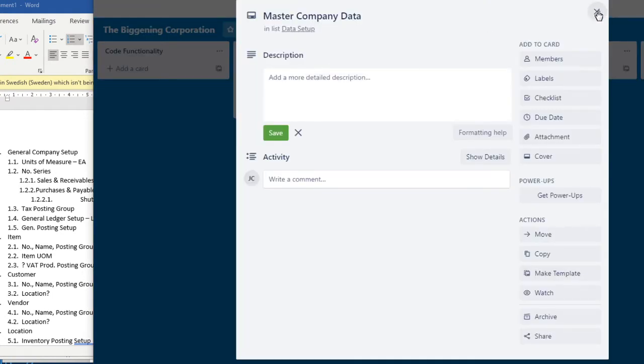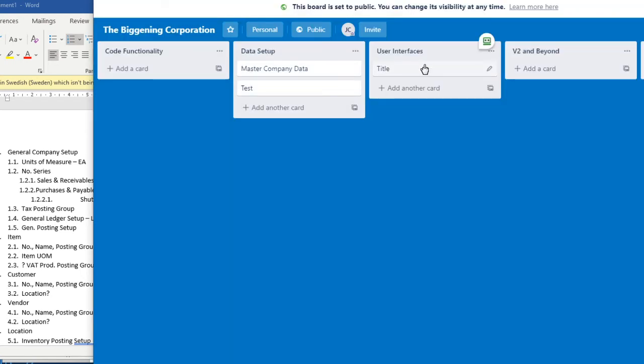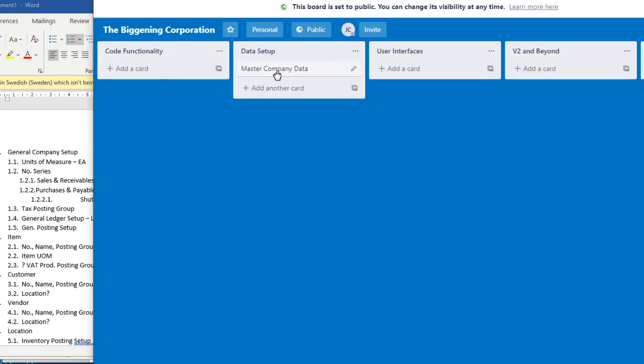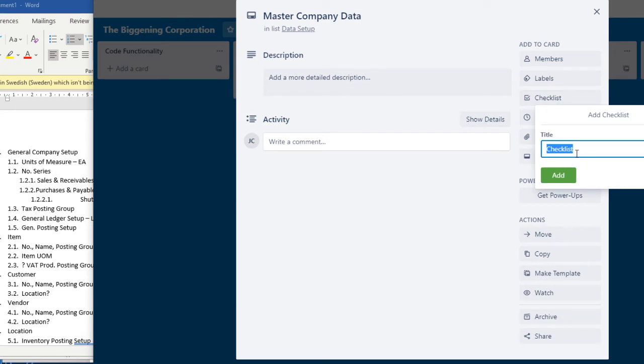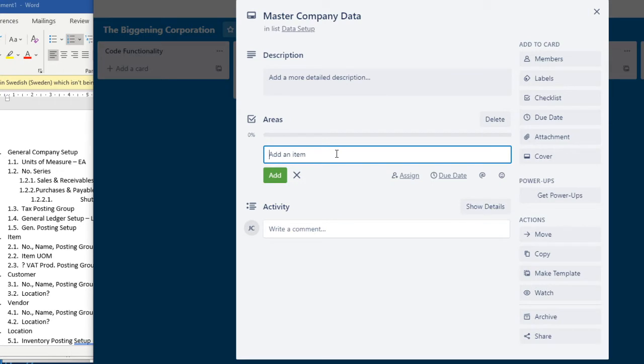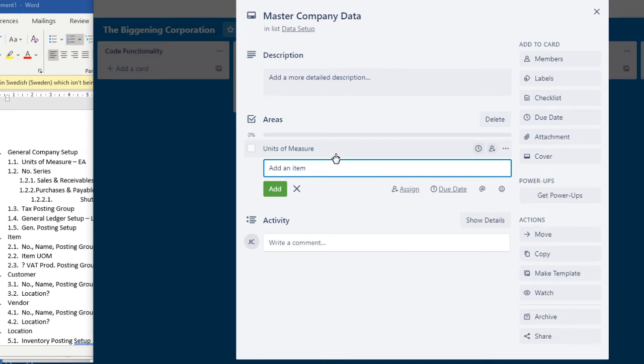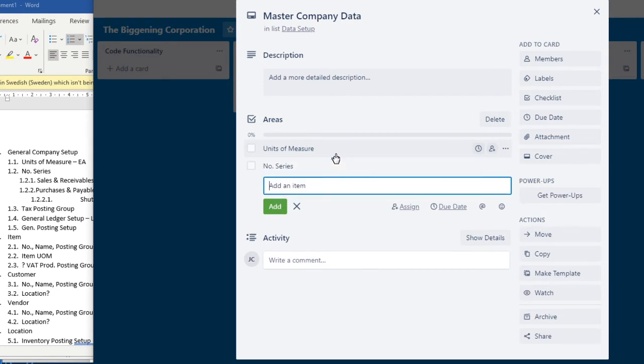Brilliant. Okay, every once in a while you just gotta refresh your browsers, because that was what was going on there. Let's archive those. They don't need to be here. So, okay. Anyways, what I was going for here is that we can turn this into a nice, simple checklist here of areas. For example, we know that we need units of measure, and we need number series,